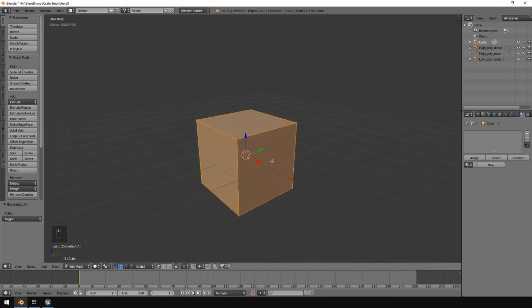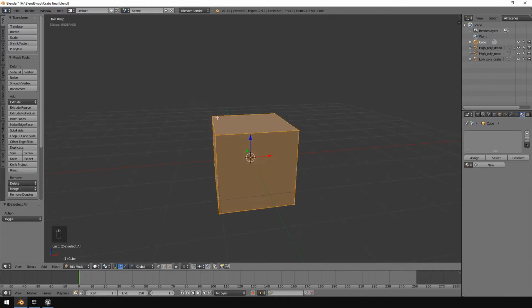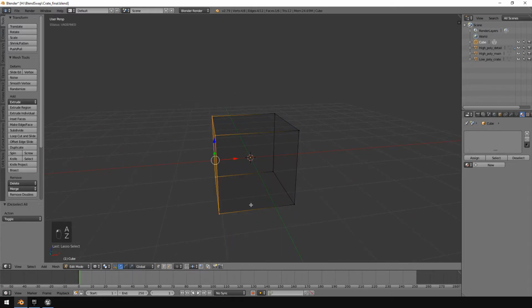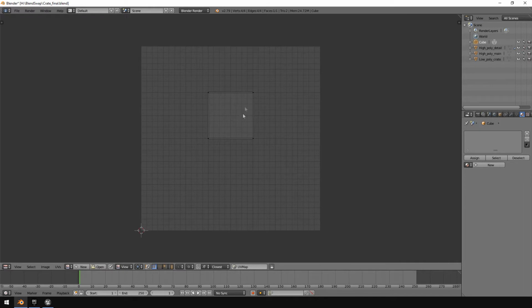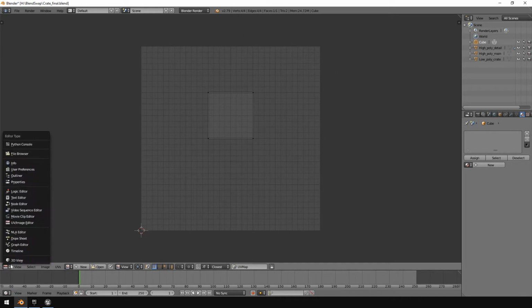So what I'm just going to do is take these sides, and I'm actually just going to delete it all, so that we only have one side here. Now, if I select it and I go back into my UV image editor, you'll see that it's one of the cubes that was there in the middle, but I wanted to span this entire area,